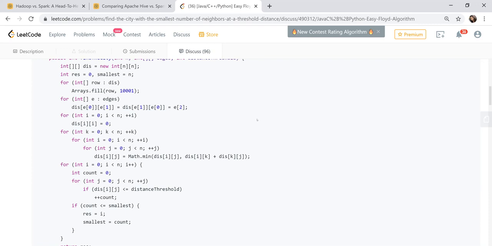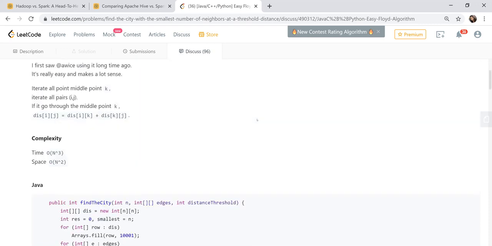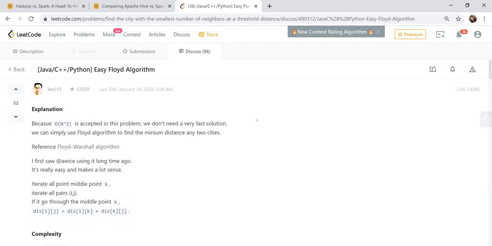I think we can all go and read this solution and see if that makes sense. First of all, if anybody wants to understand the Floyd algorithm, I think they need to understand it from another source. The articles about Bellman-Ford and Floyd are very crisp, and they explain the basic idea of why those two are different. One of them works on the basis of edges, and another works on the basis of vertices.